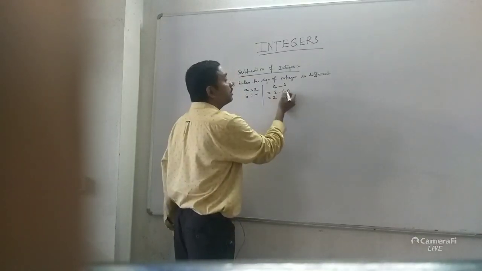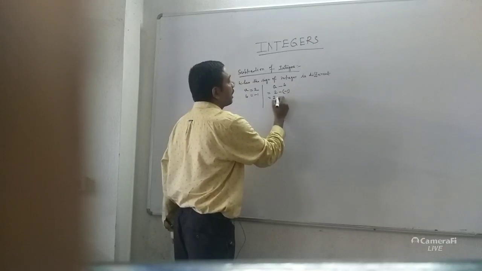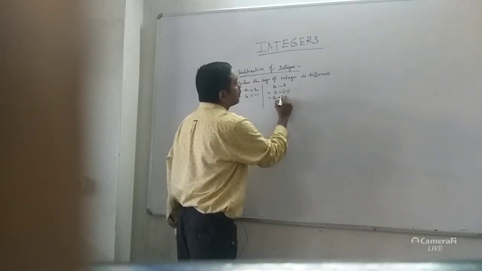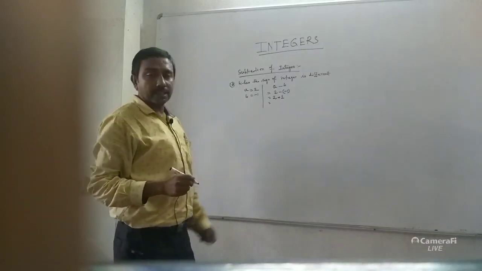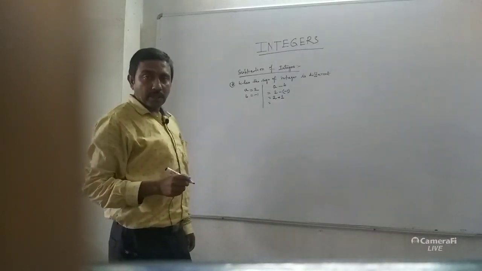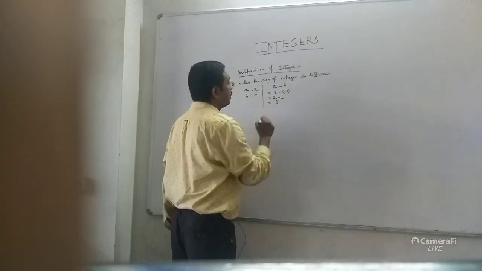So minus minus is always multiplied here, because there is a bracket here. So minus minus becomes plus, and the given is 1. Look at here, we do the subtraction but we do the addition. This is the peculiar thing you can find in integers. 2 plus 1 gives 3.